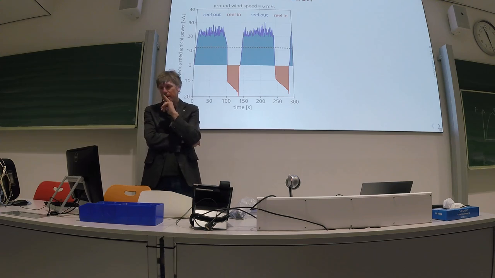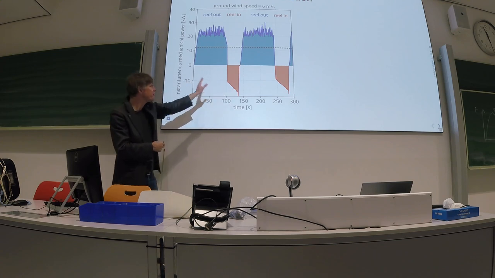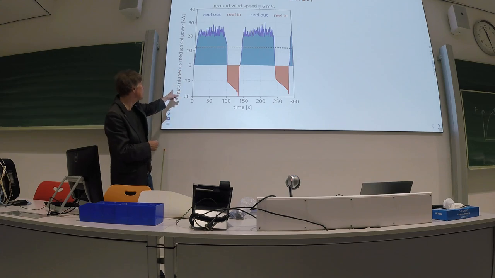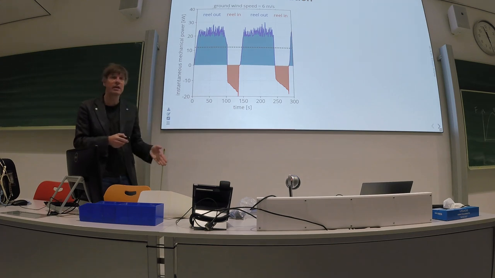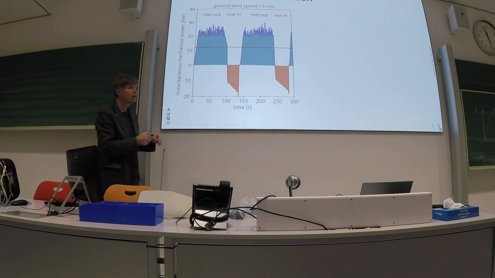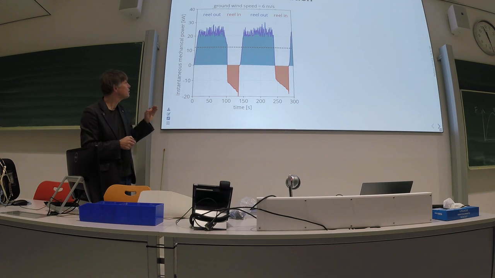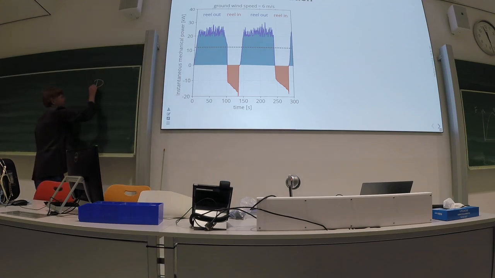This is the simulation of the power curve, but don't mistake this for the power curve. This is an instantaneous power, mechanical power profile. The power curve comes on the right-hand side. Instantaneous means here we have time and here we map out the traction power in the tether, pulling power, simply calculated as P equals force in the tether times velocity of the tether. So